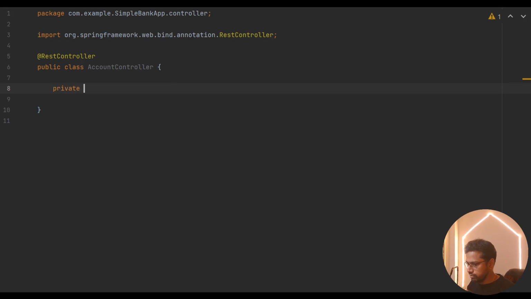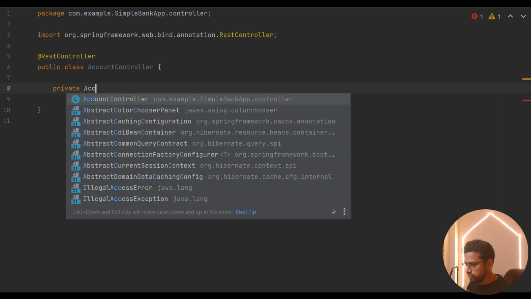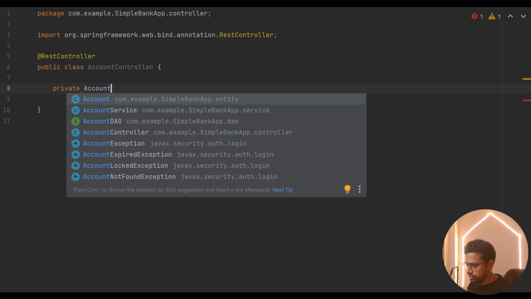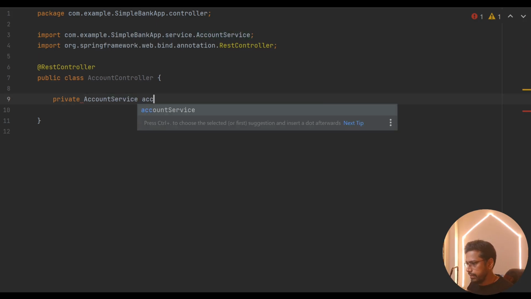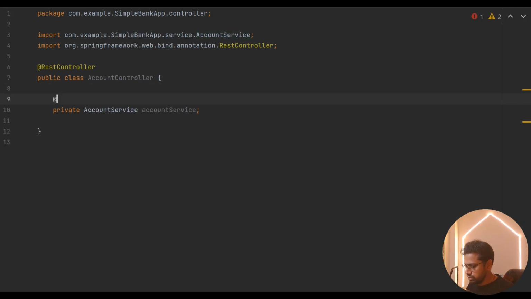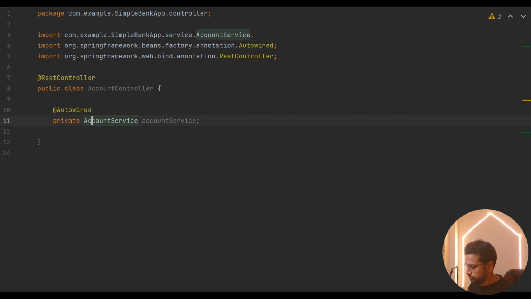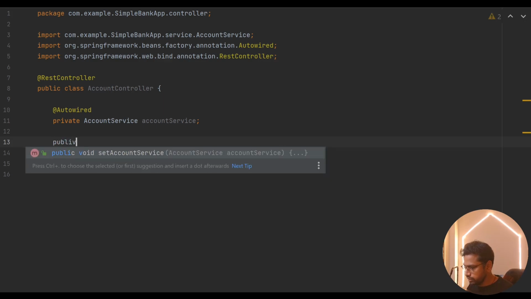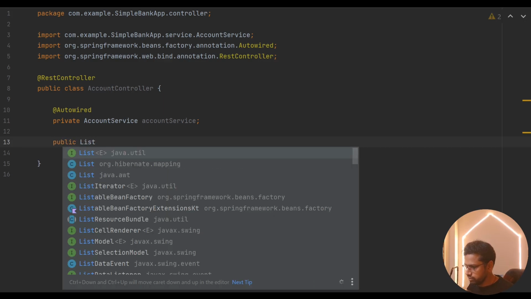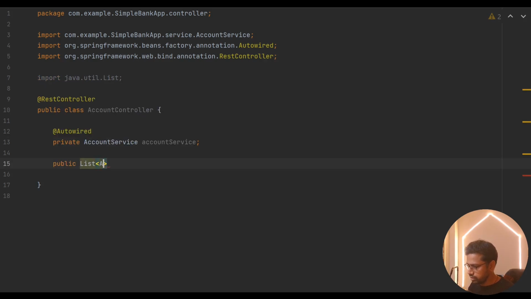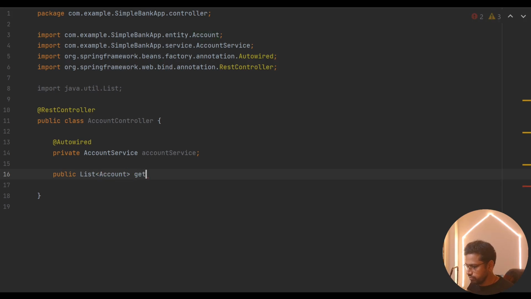Now obvious choice is your account service. Let's auto-wire this. Now first thing first, public list of account get all accounts,